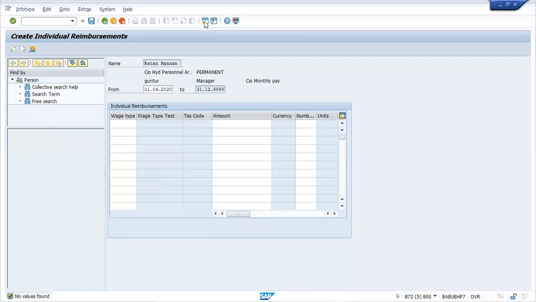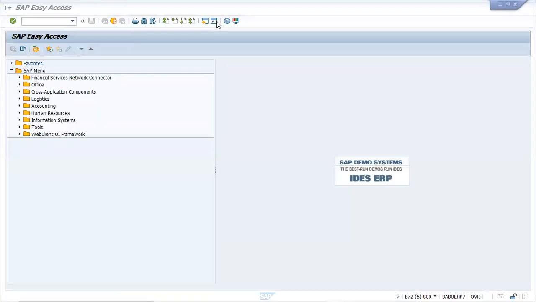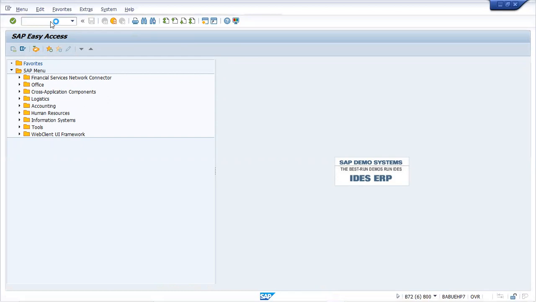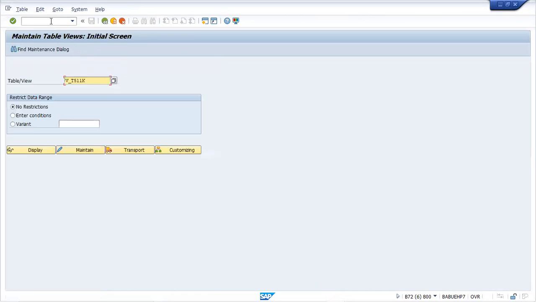Basically, all the reimbursement wage types are in the V_T7INA9 table, which I told you, and their tax code will be found in another table called V_T7INT9. So these are the two tables which we'll be dealing with.